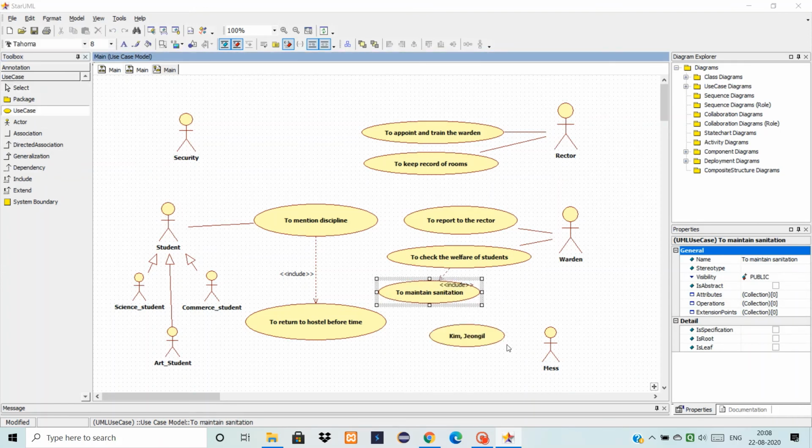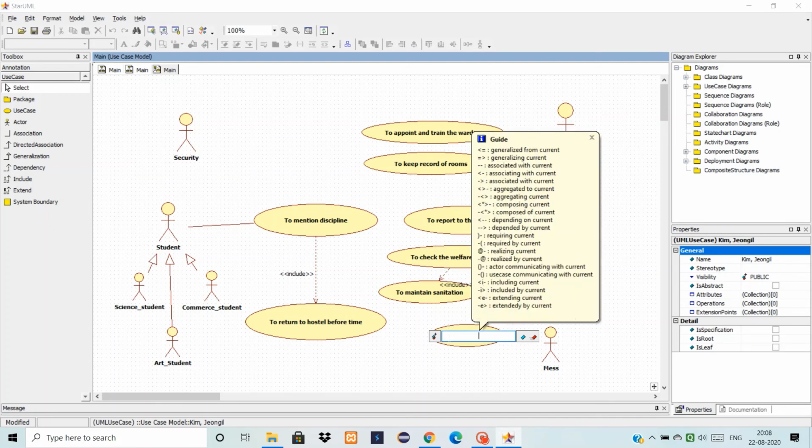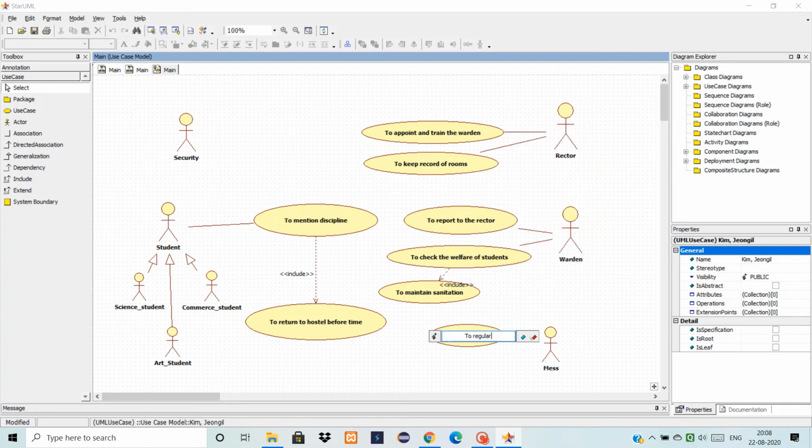We can say that it might also include to check regularly on students' health, but that's not a compulsion for the warden that the warden should regularly check the health of the students.